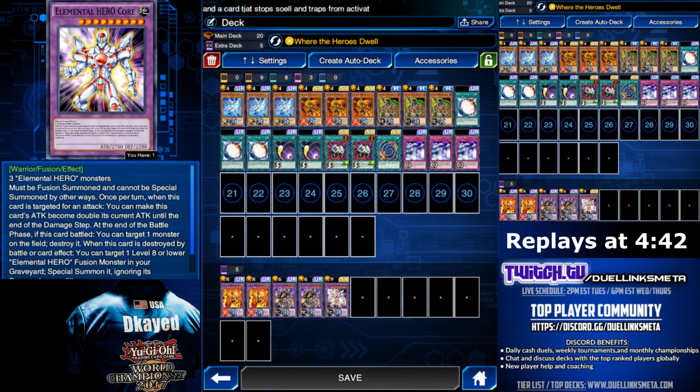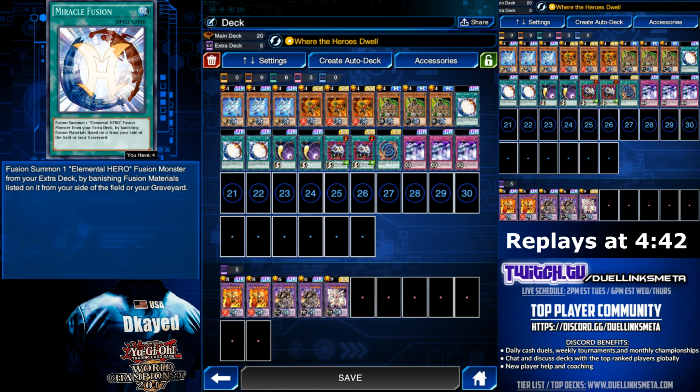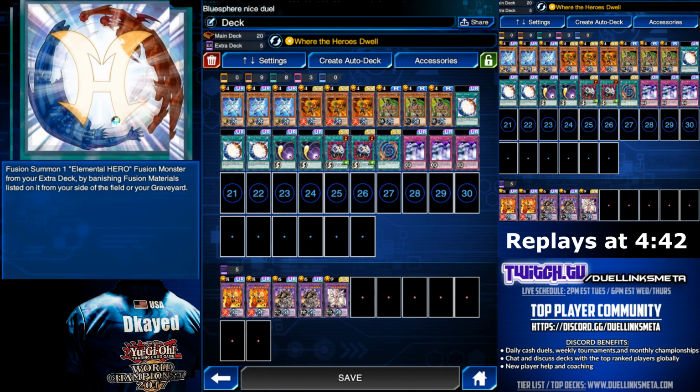Elemental Hero Core requires 3 Elemental Hero monsters, any Elemental Hero monsters, to be fused to create Core. So how are we going to summon it? We're going to use Polymerization, or we're going to use Miracle Fusion. Miracle Fusion is a new ultra rare from the latest box. You could use monsters on your field and or graveyard to summon it,